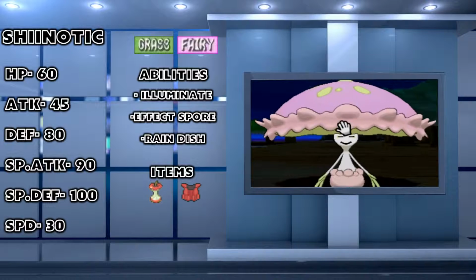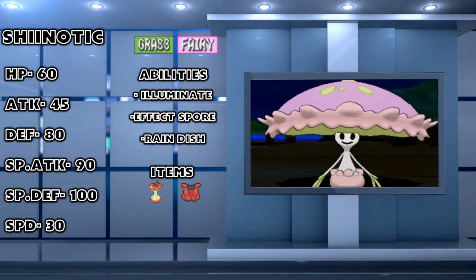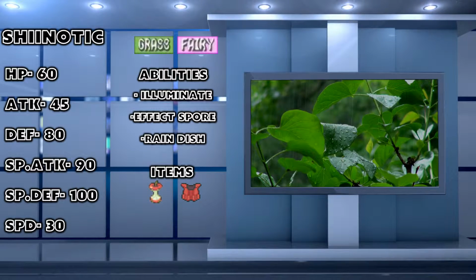And finally, Rain Dish, the hidden ability, which is actually available, I think is the most useful ability, since it is a special wall and you're going to be wanting to have it on the field as long as possible. And speaking of the field, let's head out there and find out how effort value wise we would raise this